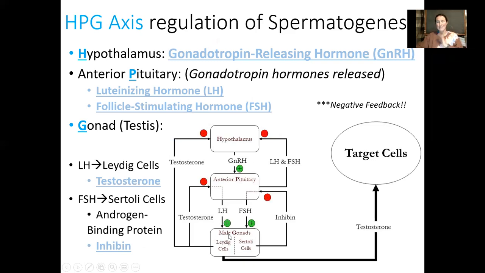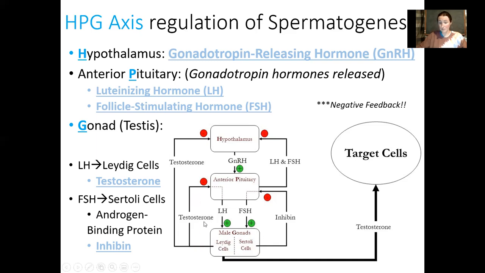And so this is a classic negative feedback HPG axis kind of situation. Here is the hypothalamus, releasing a hormone that has a positive impact on the anterior pituitary. The positive impact leads to the release of these two gonadotropin hormones. These guys are going to bind to the gonads themselves. And in response, these cells are going to